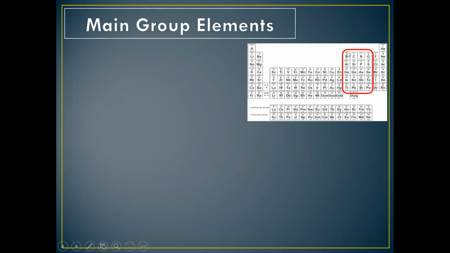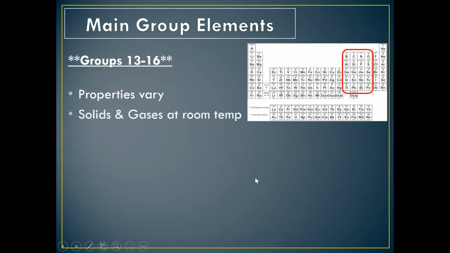This is a mod podge of a family. So this family is called the main group elements, groups 13 through 16. This family includes metals, nonmetals, and metalloids. So we're just going to say that the properties of these elements vary because it depends on what type of element they are. These elements are either going to be solids or gases at room temperature. The metalloids and the metals are going to be the solids, and the nonmetals in this family will be mostly